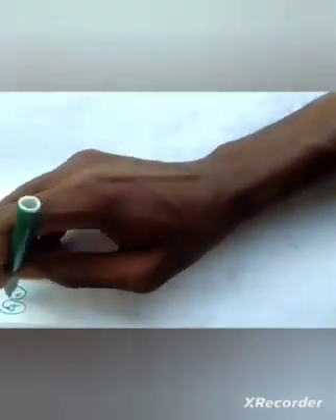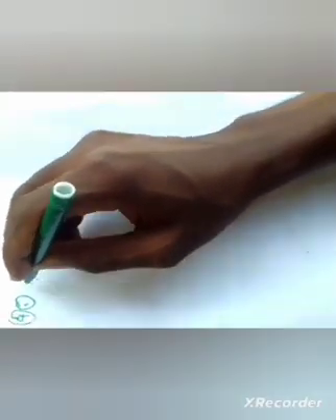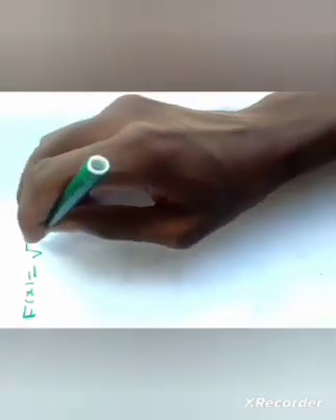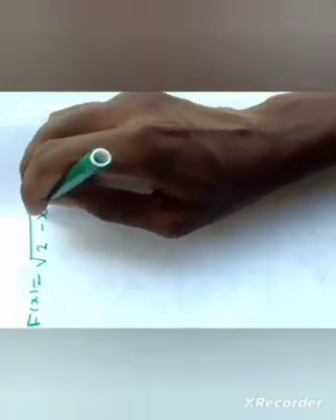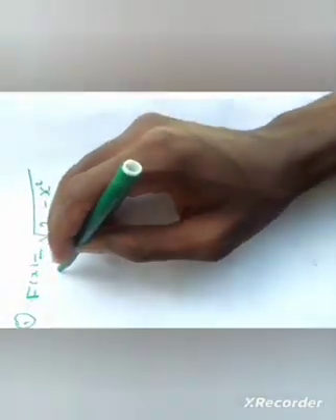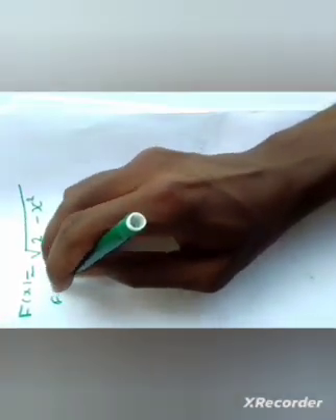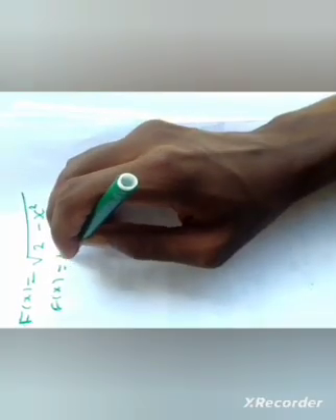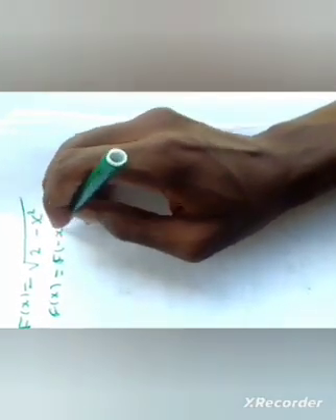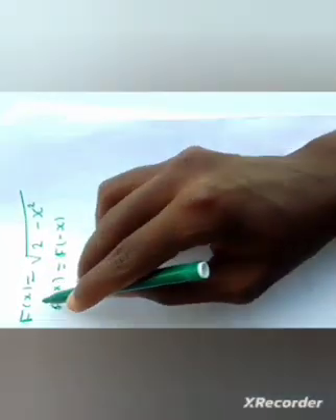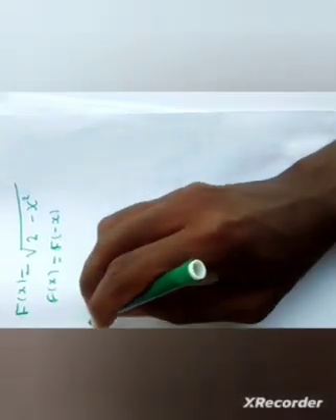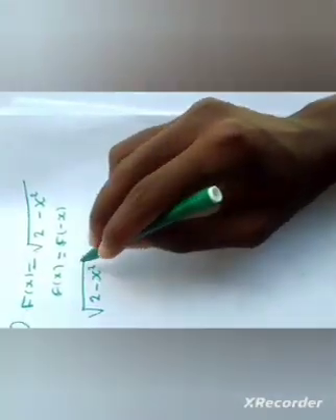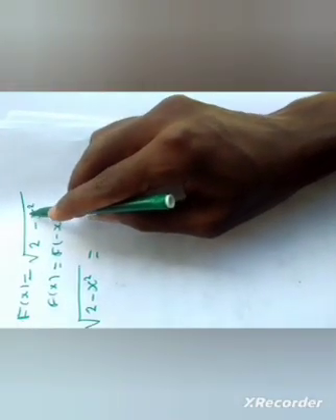I'll show you with the question. So the first question is that we've been given f of x, which is equal to square root 2 minus x power 2. Okay, so if a function is even, it means that the original function should be equal to, when we substitute x with negative x, whatever you get should be equal to the initial function. So the initial function is 2 minus x power 2, and it should be equal to what we'll get when we substitute x with negative x,